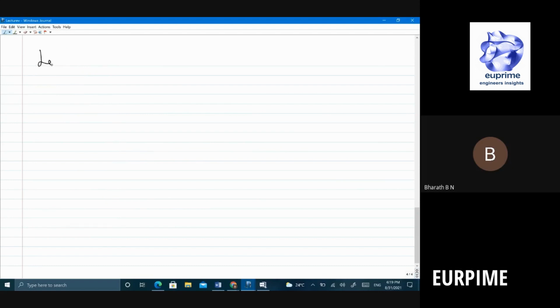So let's look at this. Let X be an n cross n matrix. Let norm of X be less than 1. This norm is basically the sup norm. You know what sup norm is, right? It's basically